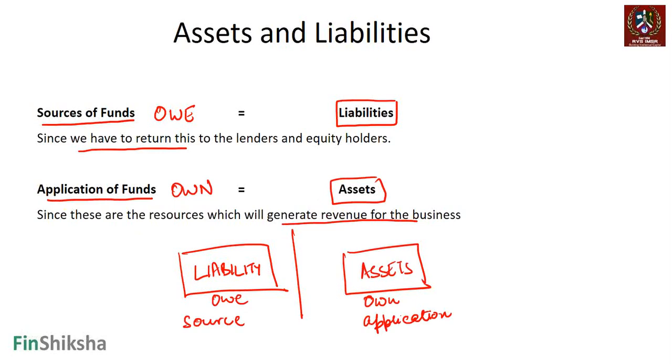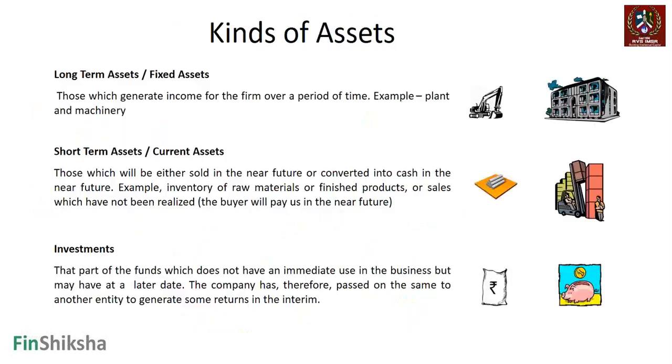In the balance sheet, the classification is based on where you have gotten the money and where you are essentially deploying that money, right? What kind of assets are available? Now, when you classify the assets, there are going to be three kinds of assets broadly. One is going to be long-term assets or fixed assets, right? Interchangeably they can be used. This could be both tangible and intangible. We will get to those classifications at a later point of time.